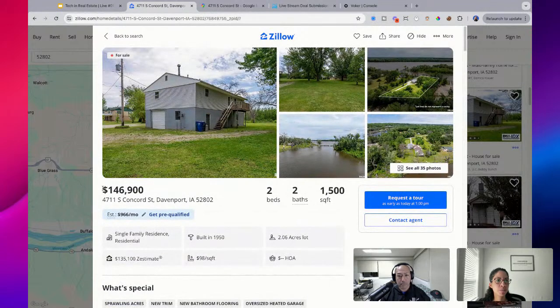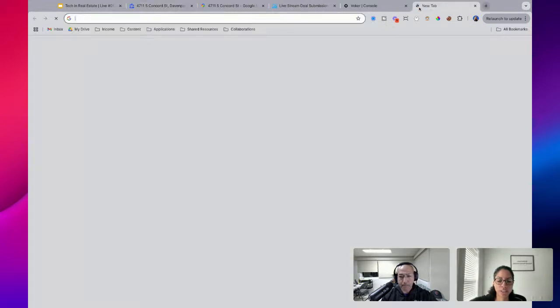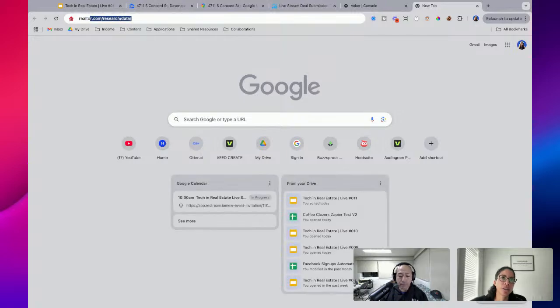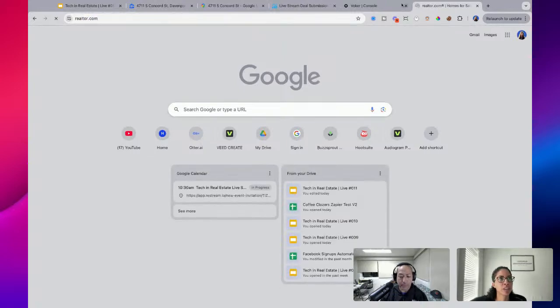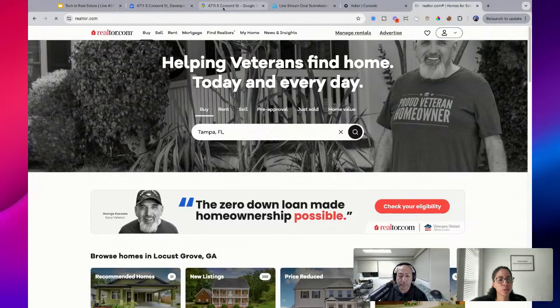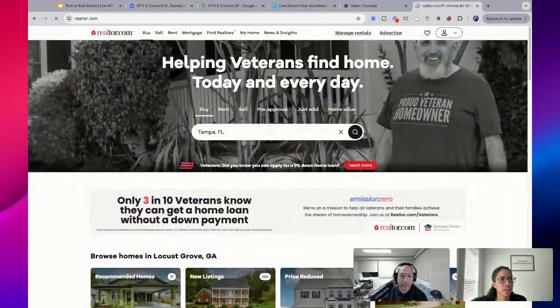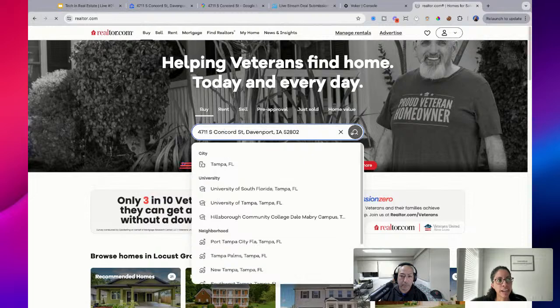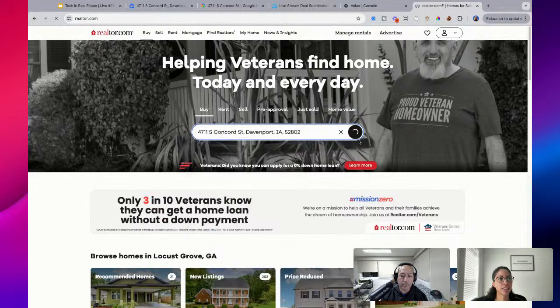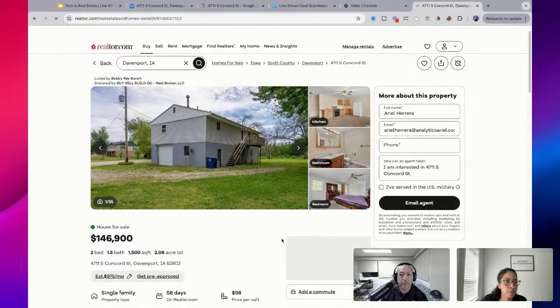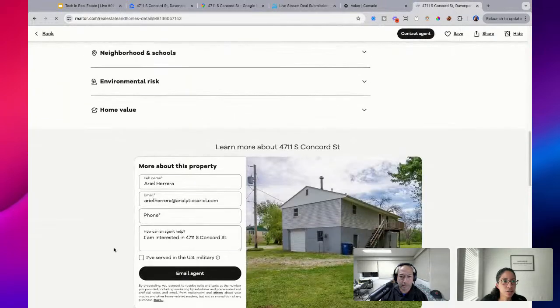Also, on this property, the Zestimate is lower, which suggests the property may be overvalued. Not sure if you've seen this too, Mark: Realtor added about a month ago a new map, almost like the Zestimate but on a map, where you can see the value of homes. If I take this same property, this is something I would look at to see if it's truly overvalued. So we have the same property here, and then towards the bottom